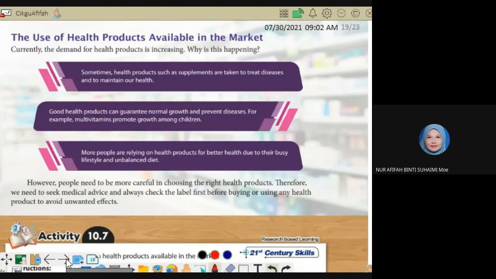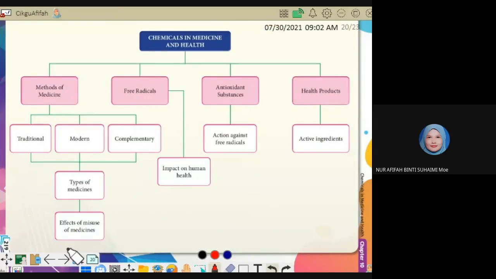Right, done. Ini saya dah explain. Free radical, what is the meaning? Apa maksud dia? And then the factor ada internal and external. Internal apa tadi? Metabolism in the body cell. Metabolism in the cell that produce energy, so metabolism also carry oxidation process that produce free radicals. Other than metabolism, we have inflammation of white blood cell.